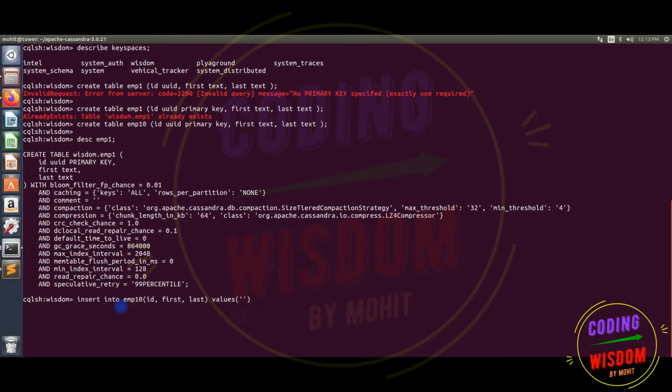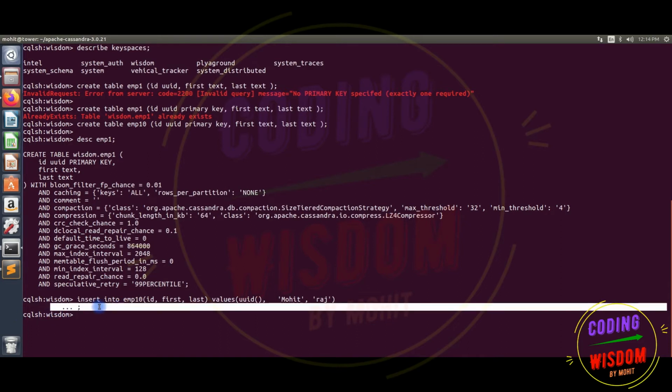So I'm giving some name like Mohit Raj. Okay, but I need to insert UUID. For that I'm using the function uuid here. So no error means the value has been inserted, so the record has been inserted.